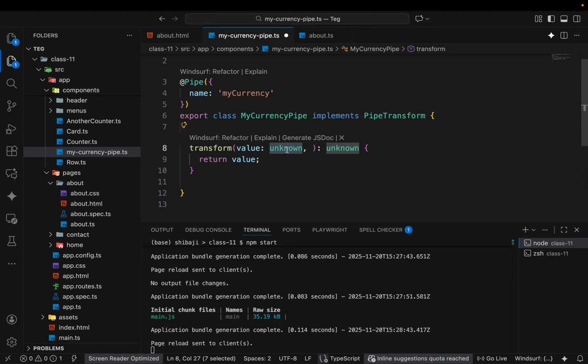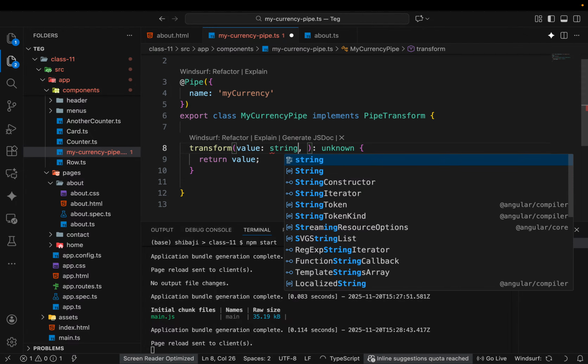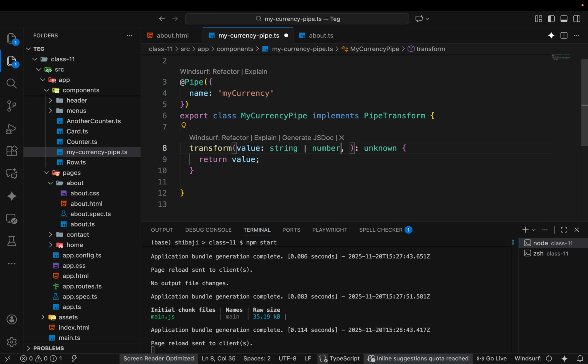So here we can use string or number, whatever comes. Mostly it requires a number, but